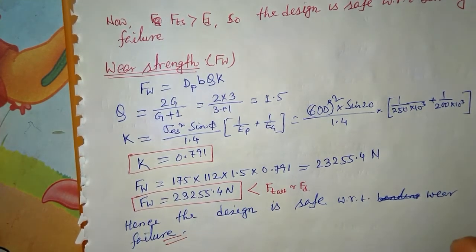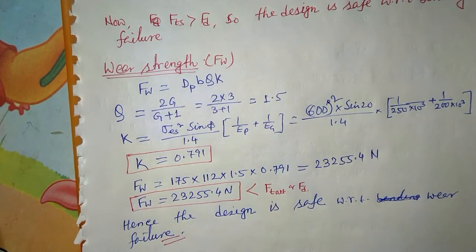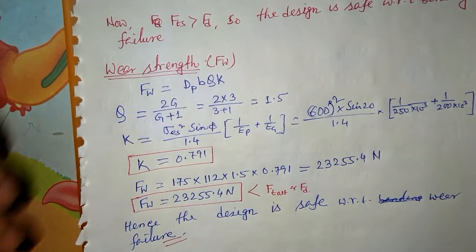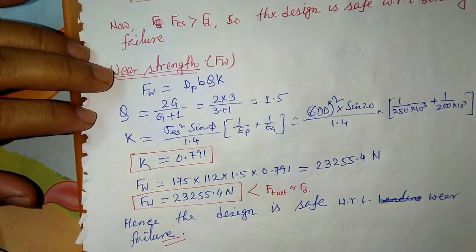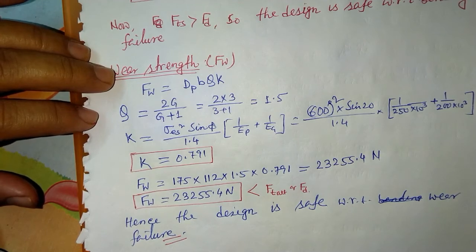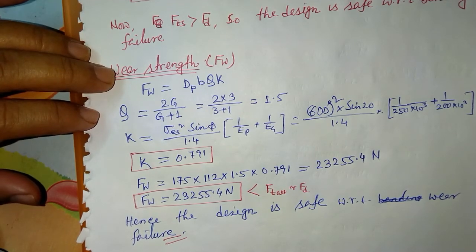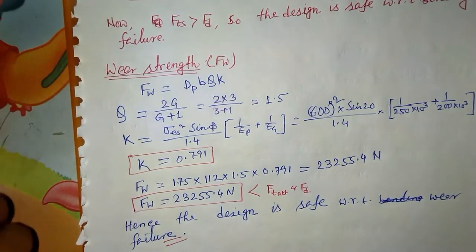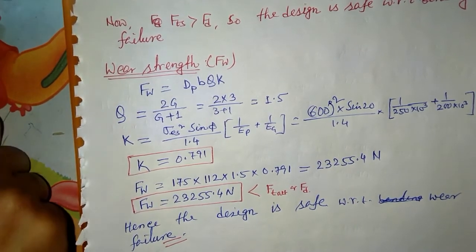But sometimes in the question they simply ask to determine the beam strength. So when you need to determine the beam strength, there is no need to go through all this process. Simply find the beam strength, and write the parameters you need for finding it. After that, if it is mentioned to find the addendum or the dedendum, then you can find those also.